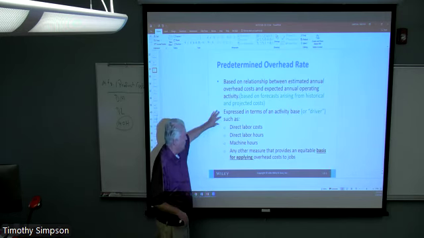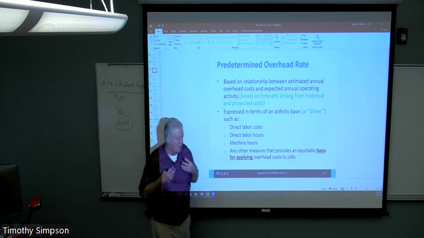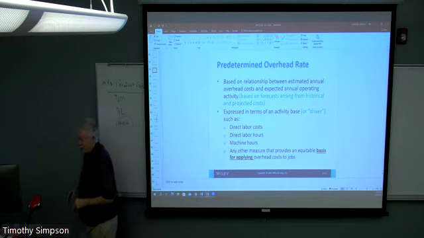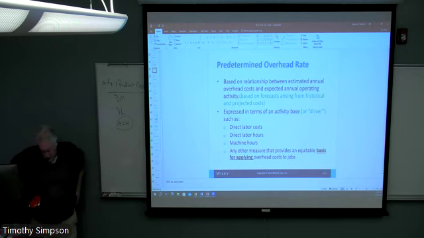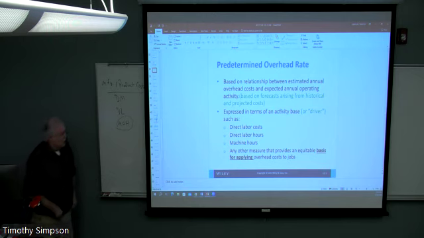But for right now, let's just look at a driver as something we are hanging our hat on, and that we're applying a dollar figure to the activity that the driver is associated with, and that we can put that into the cost of the product itself. In other words, we can make that an inventoriable cost. Oftentimes, I will say this, this is not as speculative as it might seem.